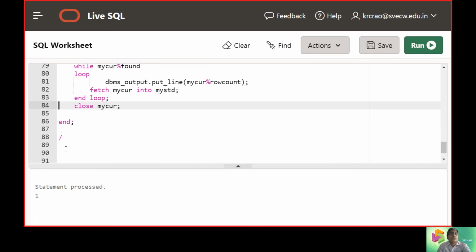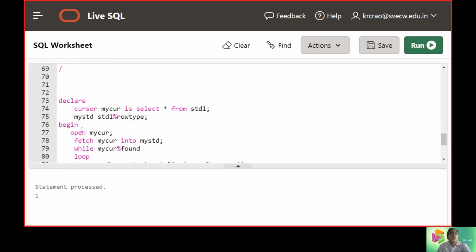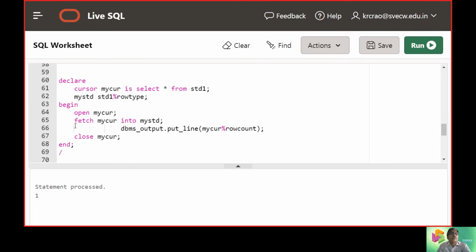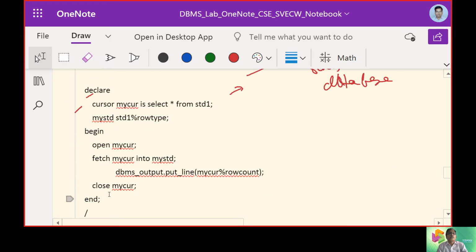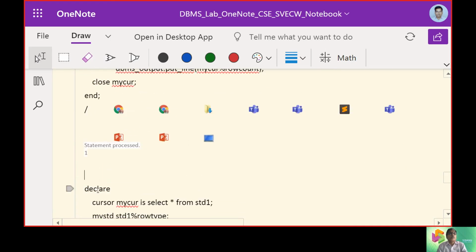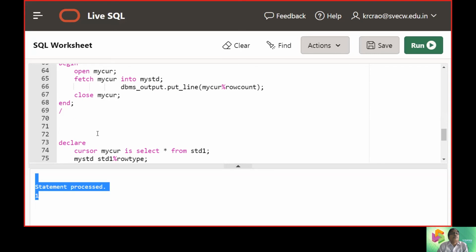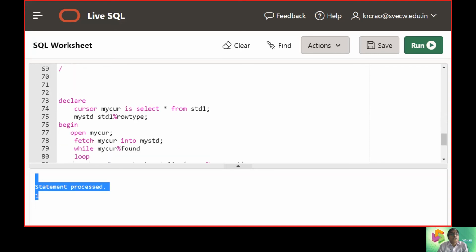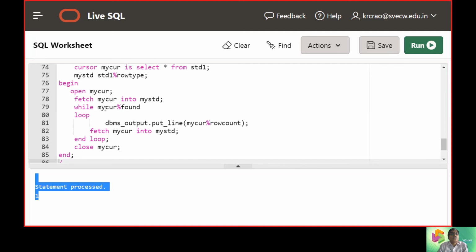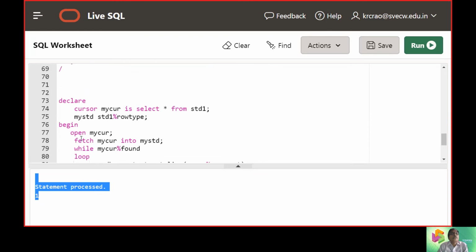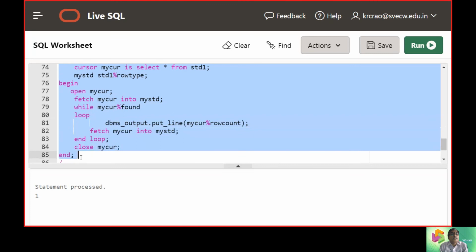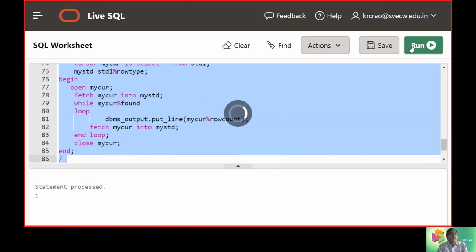So now what we will do is we will change the code. Instead of write, we have taken it up without a while loop, right? This statement is without a while loop. So now we are upgrading it from without a while loop to the loop structure. So for that we are going to use while found and we are going to display row count. So earlier there were 3 records, now we are expecting the answer to be 3 here. So only one change is going to be made here.